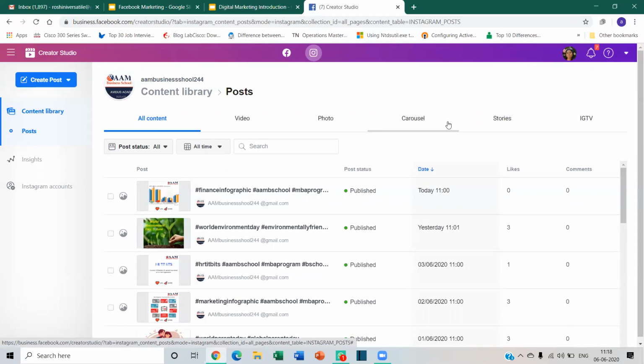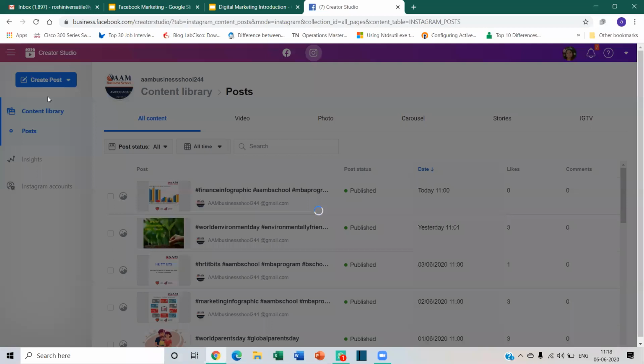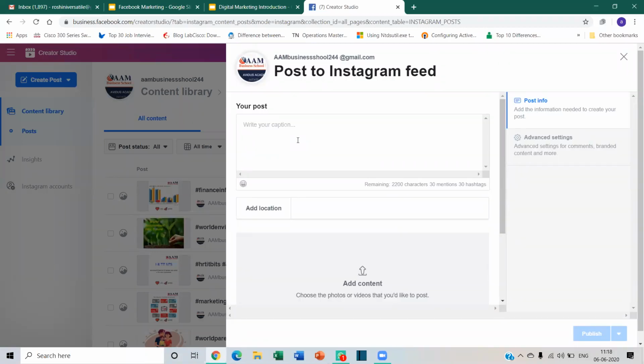But one good thing about Instagram Creator Studio is the hashtags will come automatically, compared to Facebook. When you're typing a hashtag, Instagram Creator Studio will give you suggestions. Let me explain this. Now here, this is also the same. You have to go to Instagram feed. Instagram feed is just the postings. For example, let me type marketing here. See?